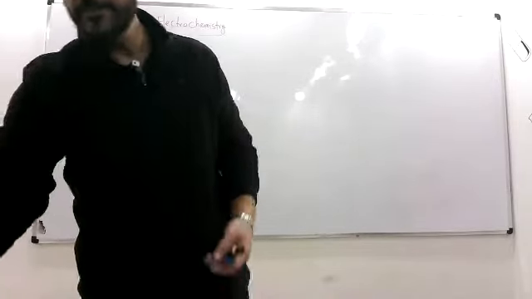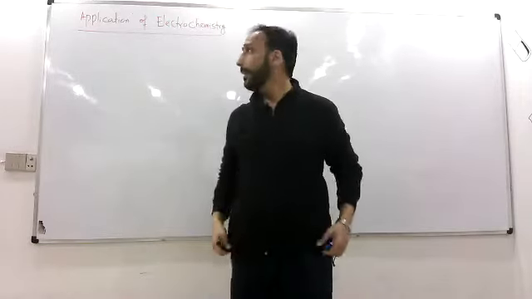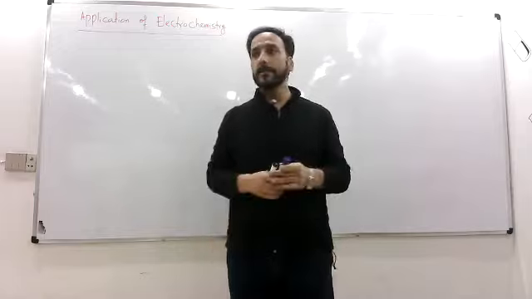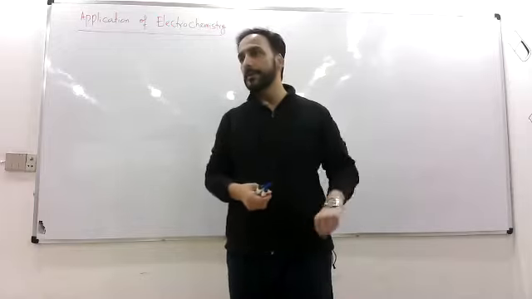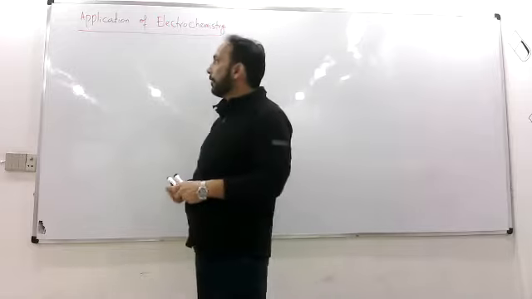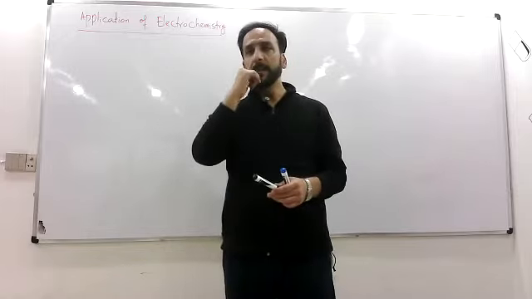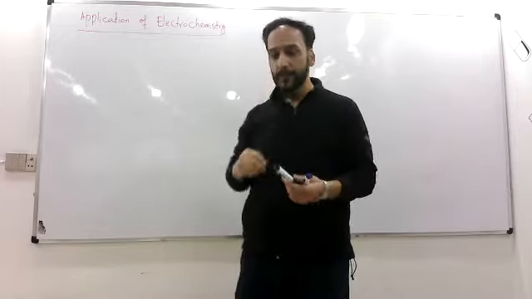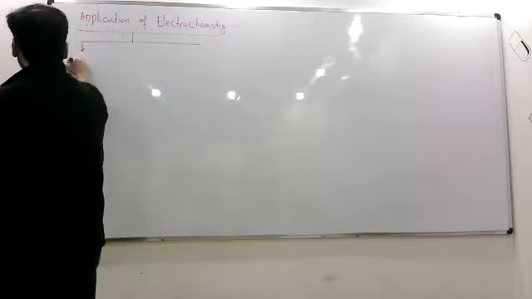All right. So electrochemistry in industry is applied in 3 different ways, as I said. One is electroplating, second is batteries, and third is electrochemical cells. That is also a type of battery. So I'll first list these out, and after that we will complete them one by one. By tomorrow we complete this chapter even. So the application of electrochemistry is in the form of electroplating,